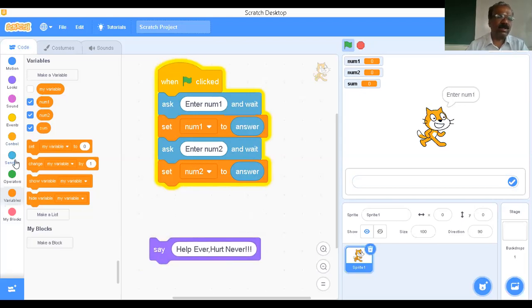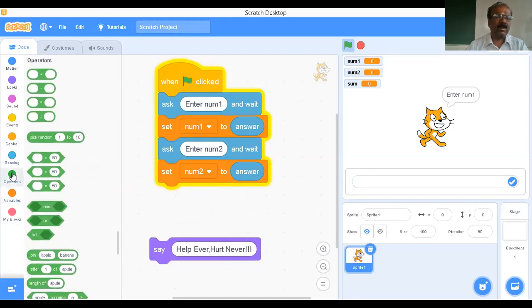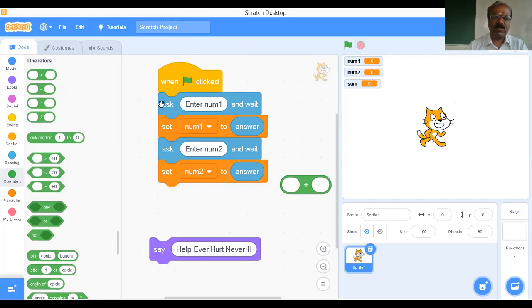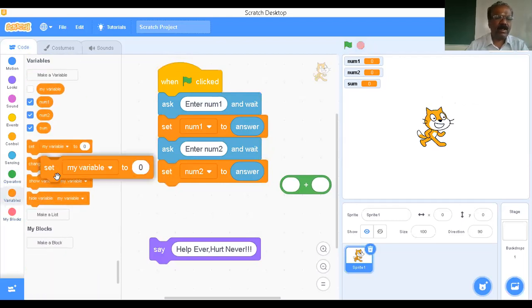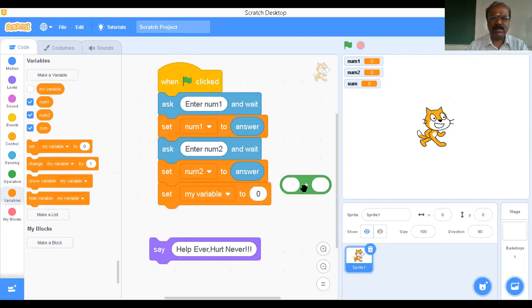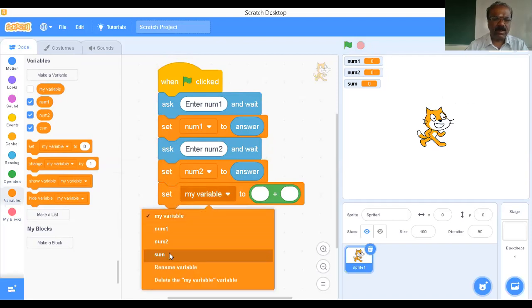Now next I'm planning to perform the addition operation. Therefore I have to go for operator. I will go to this operator, the addition operator. Then once again I will go to variable, then set, which variable? That is sum.